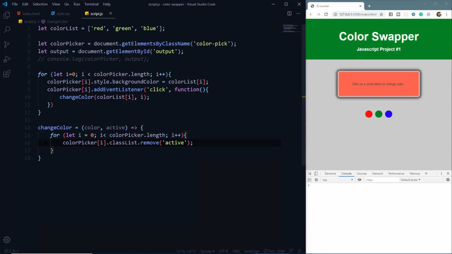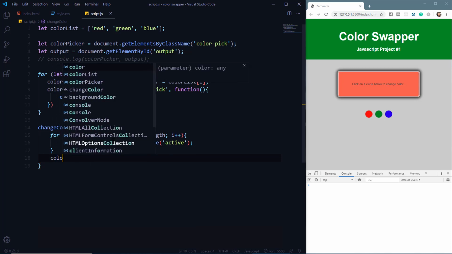Now we are doing this because we want to remove this active class from all of these. We are doing this because when we add the active class, then it should not remain active when we click the other one. You will understand it in a while. Now let's add the active class.